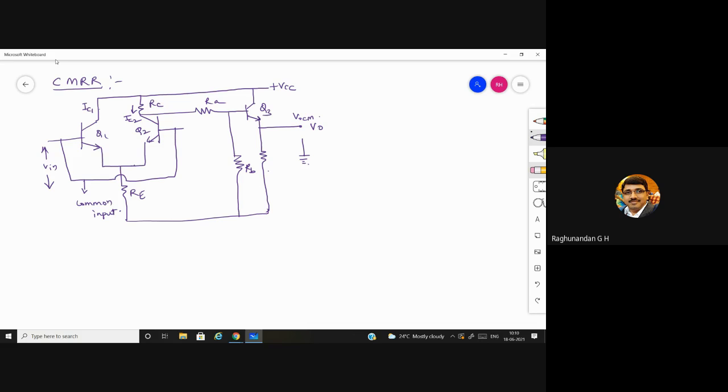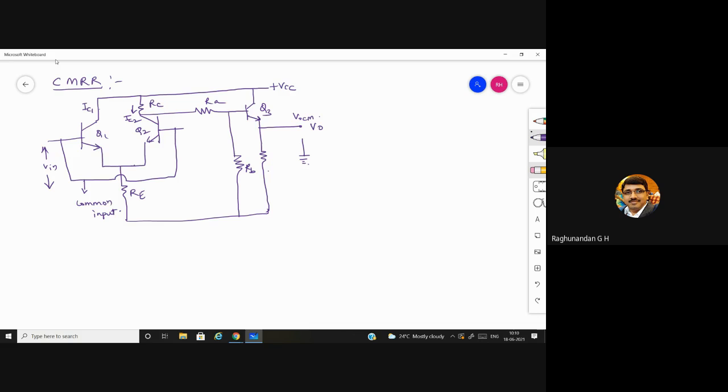So that was the simplified ideal diagram which we had discussed. This is the actual circuit what we will be having in the op amp. So here we have taken three transistors actually. The first two transistors are the major part of the differential op amp, where they are going to take the two inputs and take the difference of that, and they are going to provide the additional gain.